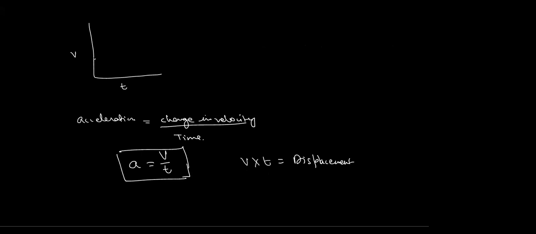Suppose this is a graph. If this is a VT graph, and it has an initial velocity. Here we can say that at t equals 0, when time is 0, it has its initial velocity, let's say 5 meter per second. And at some time, let it be t, for 5 seconds, 10 seconds, 15 seconds, whatever time, its final velocity becomes, let's say, 10 meter per second. This is its final velocity.